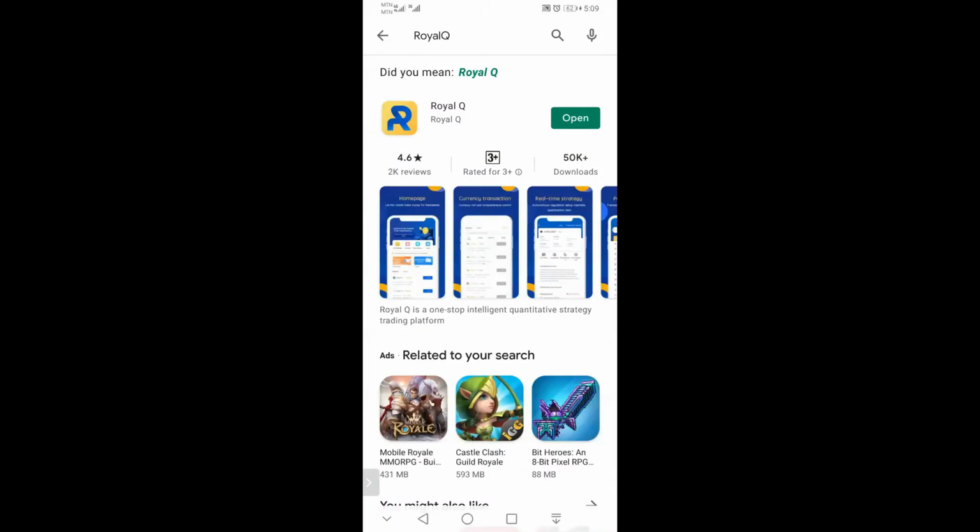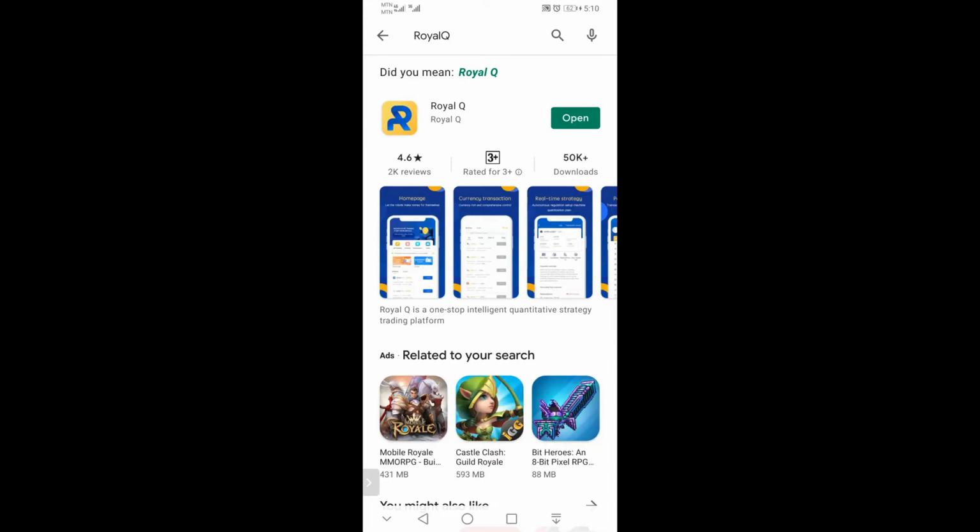So guys, for those using Android device, I like to use an Android device as an example because it's a bit easier for so many of us to understand. So for those using Android device, simply type RoyalQ on your Google Play Store. All right, and you're going to see this logo. Make sure that you're on the right page. Okay, I'm going to drop a link that will help you get the